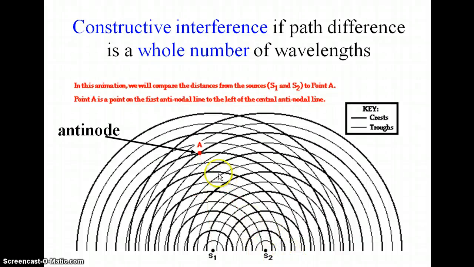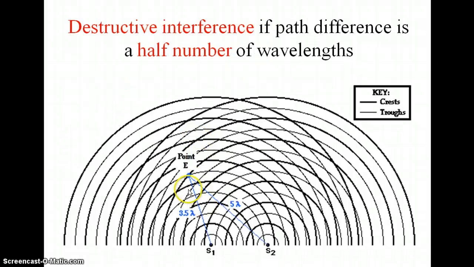Okay, we call that an antinode. However, at this point here, the path from S1 is 3.5 wavelengths, the path from S2 is 5 wavelengths. That's not a whole number, so there